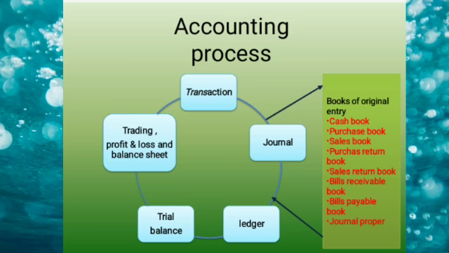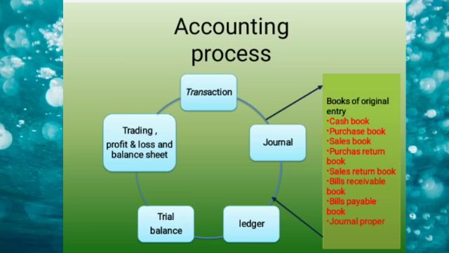The ledger is a summarization of all the transactions. Here we prepare the accounts related to each and every transaction. After preparing the ledgers, the balances of accounts will be transferred to the trial balance. Now, the trial balance is a systematic record of all the transactions which helps to find out the arithmetical accuracy of all the accounts. After preparing the trial balance, with the help of the trial balance, we prepare trading, profit and loss, and